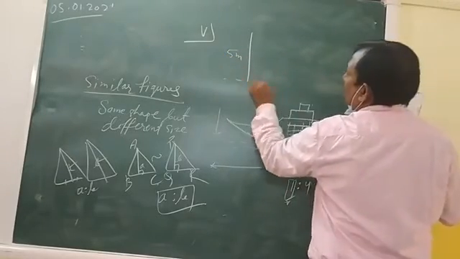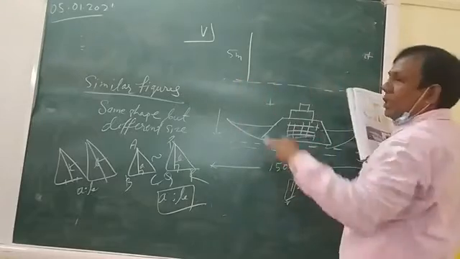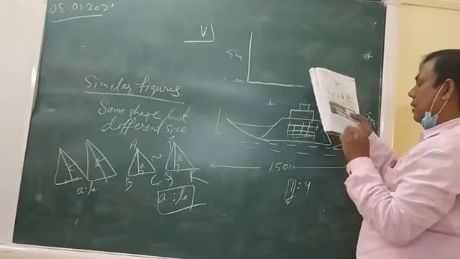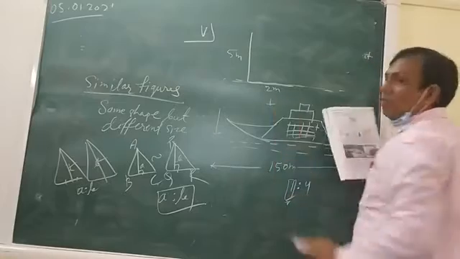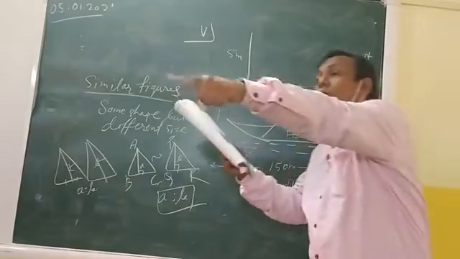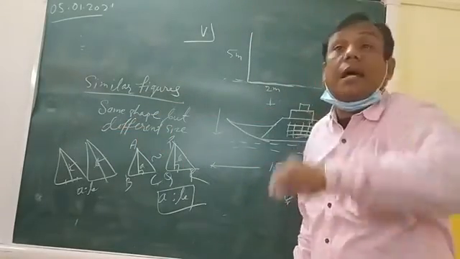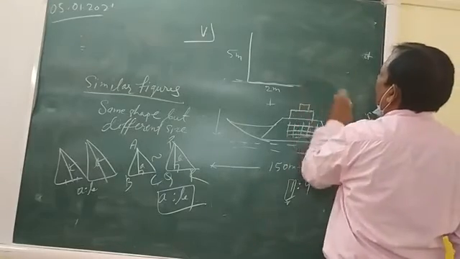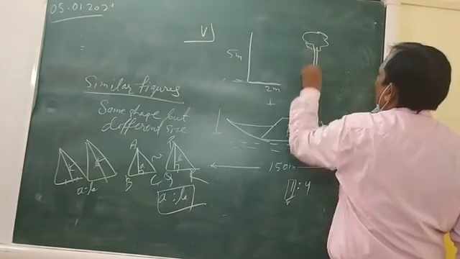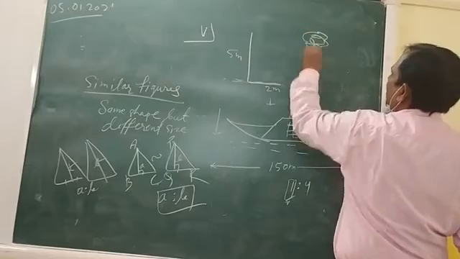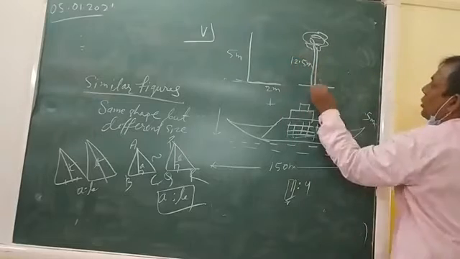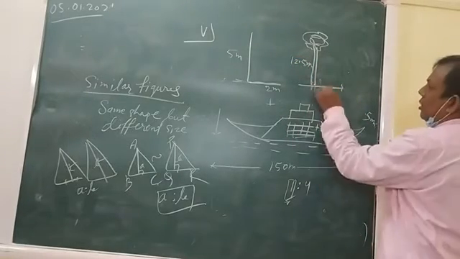And this is the plane. Now the shadow of this stick. This is the shadow. It is given that the shadow of the stick is 2 meter. Now the question is, at the same time, what will be the shadow of a tree 12.5 meter in height? Got it? This is a tree. The height of the tree is 12.5. What will be the length of the shadow? This will be x.